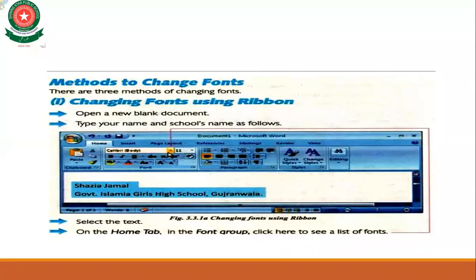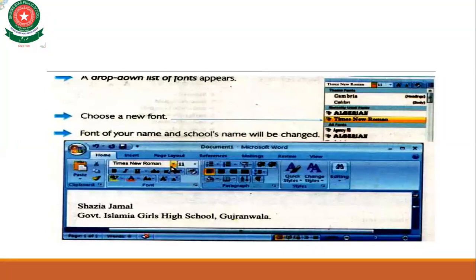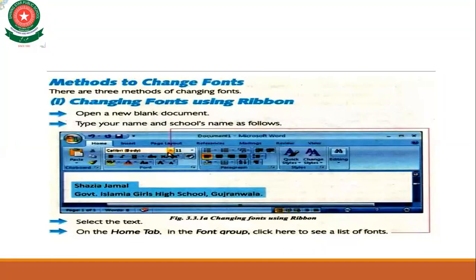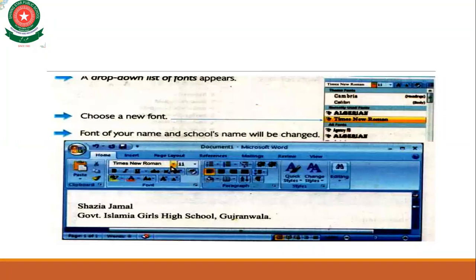So you can see there, in the first picture there is a Calibri body font style, and now in that picture you can see the font has been changed, which is now Times New Roman.